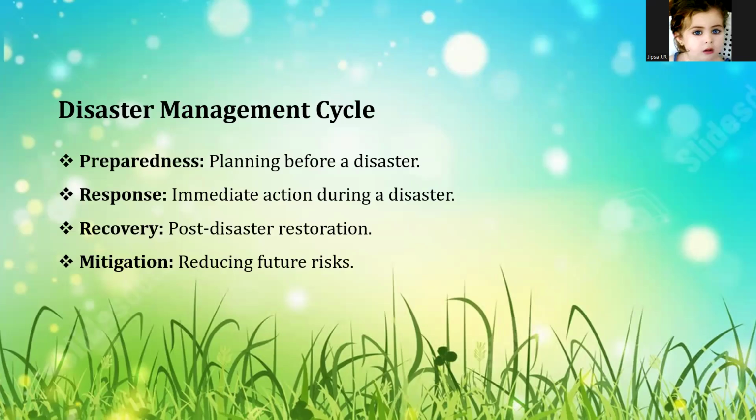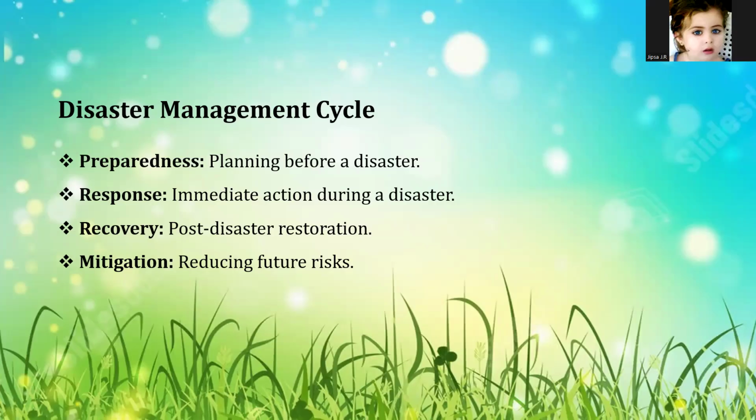This phase involves taking steps to reduce the overall risk and long-term impact of a disaster instead of waiting for an event to happen. Mitigation focuses on structural and non-structural measures to lessen the damage. Examples are building stronger levees, implementing strict building codes, for example earthquake-resistant structures, and land use planning to prevent building in flood zones.